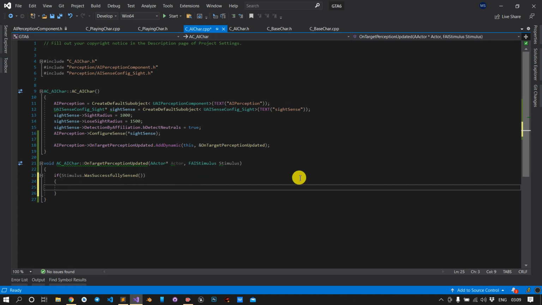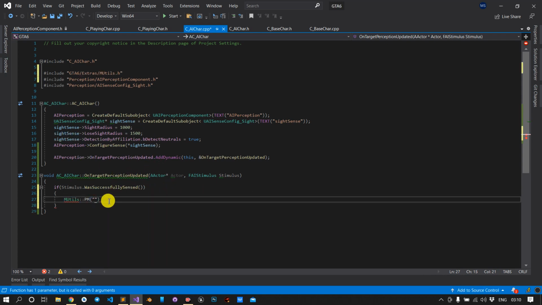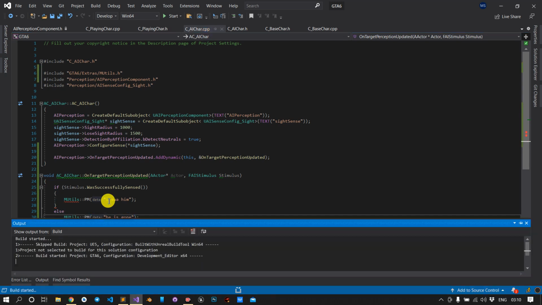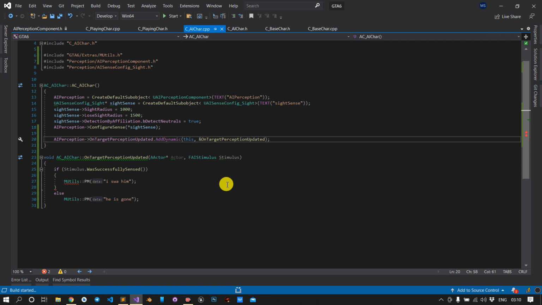So if it is true, I want to print, just include this, I saw him, else, he is gone. Now everything is complete, and I think everything should work. So let's check.